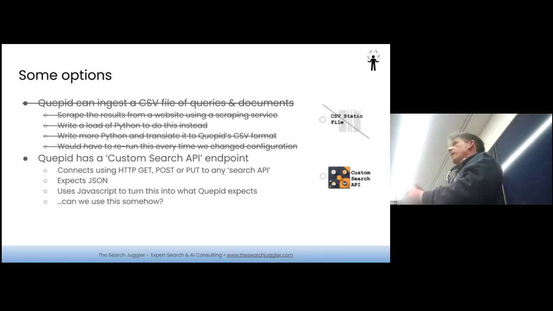The other method, Quepid has a custom search API endpoint. Now, this is designed to work with some kind of nicely described API. And lots of people have these. They have their search engine core or their cloud or whatever, and they have something on top that acts as a search API. And it's lovely and tidy and produces beautiful JSON for all your queries. And it's actually maybe a better idea because you might be doing other things in this API.